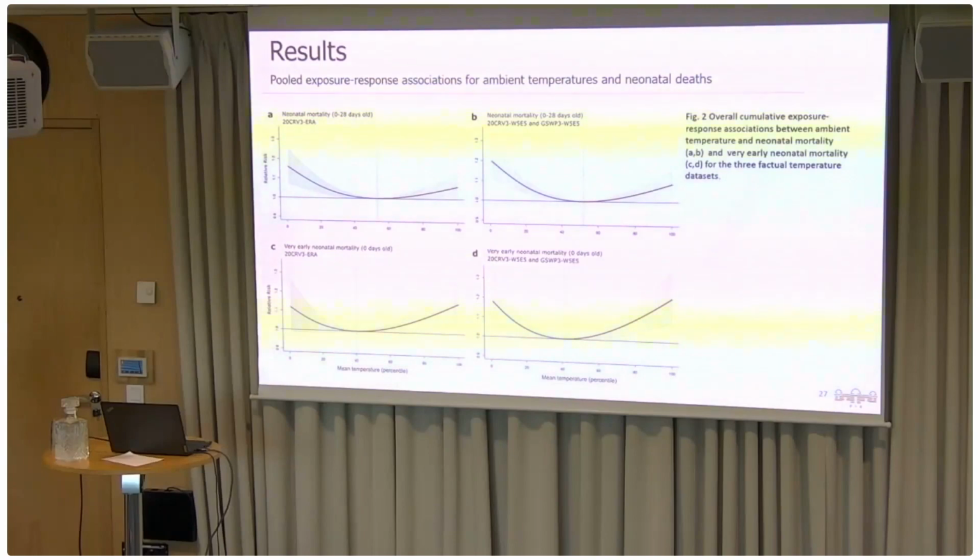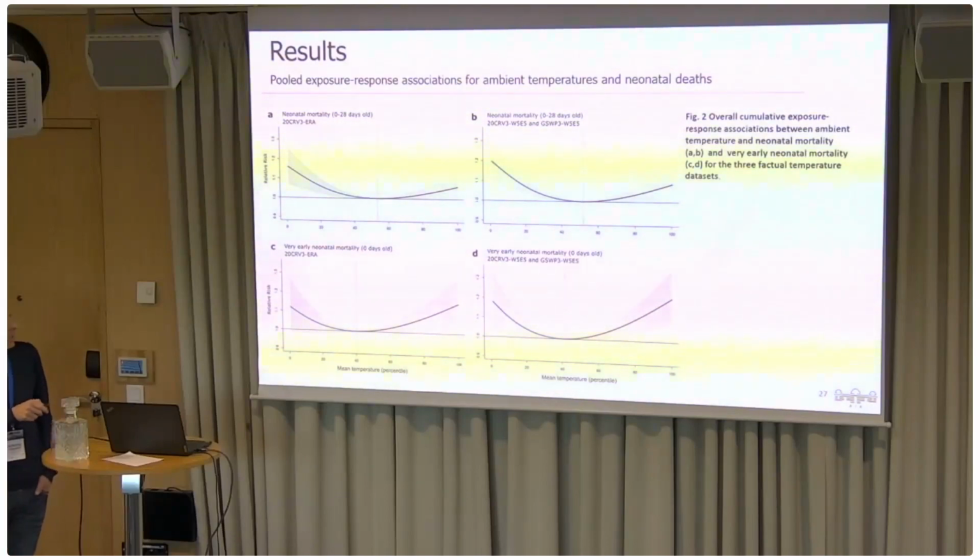Now, these are the results representing the exposure response relationships, and we have a point of minimum. These represent, first of all, estimates for 2 groups of the 3 climate models, well, reanalysis models that we used, especially because in the factual scenario, 2 of them are identical. It's only the counterfactual changing. And therefore, in the 2 columns we have these 2, and by rows we have neonatal mortality and very early neonatal mortality. So these curves represent a point of minimum, which we call the minimum mortality temperature, and in all the cases, they show an increase for heat and cold.